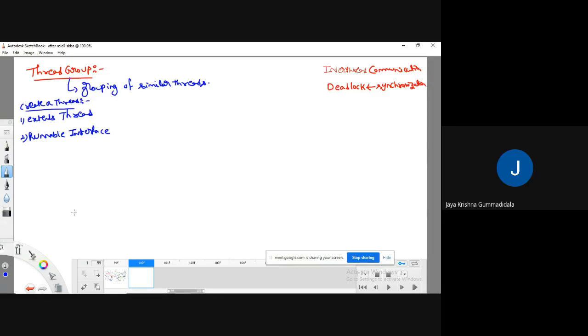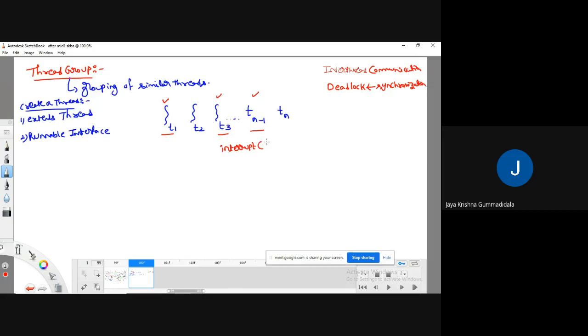Now, by creating a thread like T1, a thread like T2, a thread like T3, and so on, you have created n threads, and I started all the threads. Now, I want to perform some kind of operation over T1, T3, and Tn minus 1. Let us assume that I want to perform an interrupt operation over T1, T3, and Tn minus 1. At that time, what do you have to do?